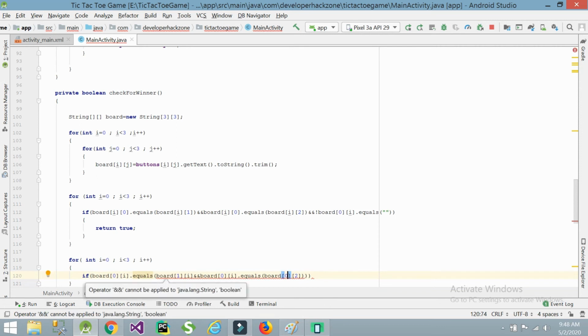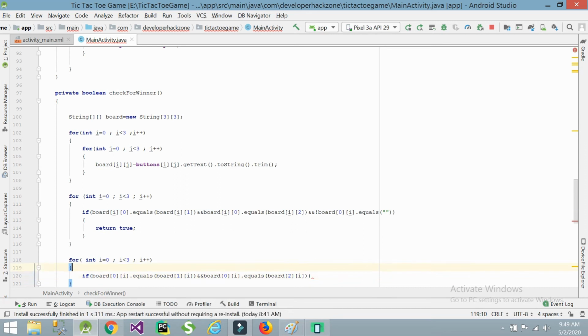Here we are checking 0i to 1i. Here we are checking to 2i. And we are checking board one dot equals of this.